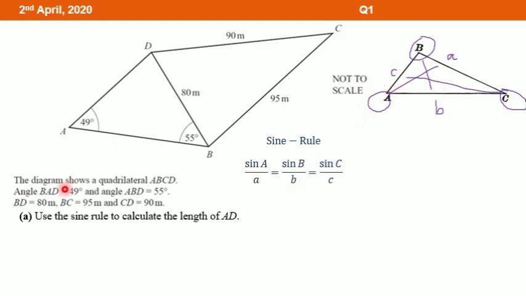Now let us go to the question. We are going to find the length AD. The length AD is on the triangle ABD, right? So for part A, we can ignore the triangle DBC. Now let us label the triangle ABD. This is angle B, opposite to B will be small b. This is angle D, opposite to D will be small d. This is angle A, opposite to angle A will be small a.